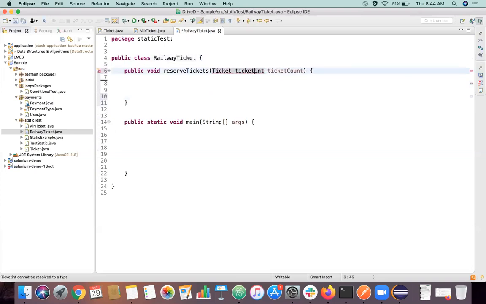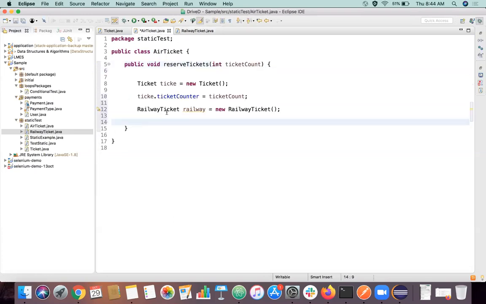Ticket, right? So if I'm going to call this method railway dot, I should pass this ticket instance also, and I should pass this ticket count also, right? Maybe ticket count is kind of overkill here. Maybe I will pass some value of 7 here itself, right? This railway ticket, I'm increasing the value to 7 here itself.